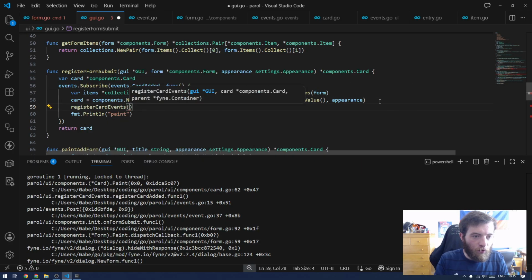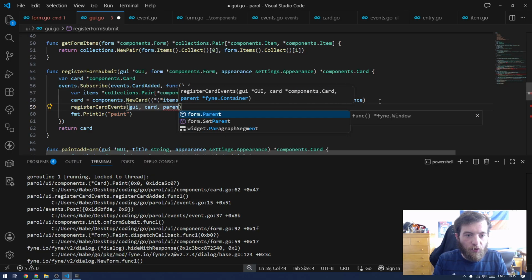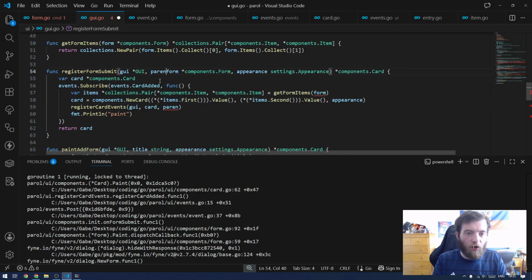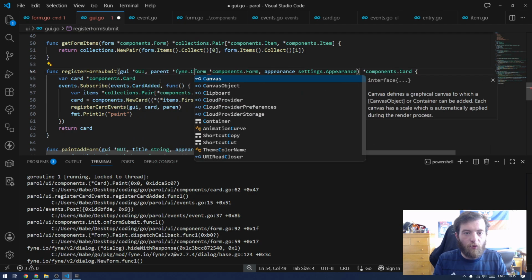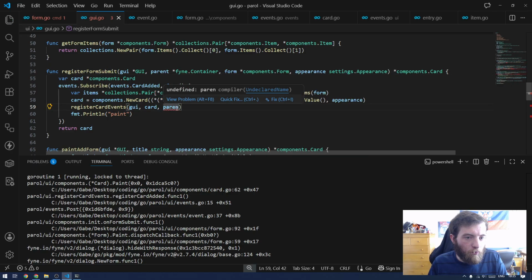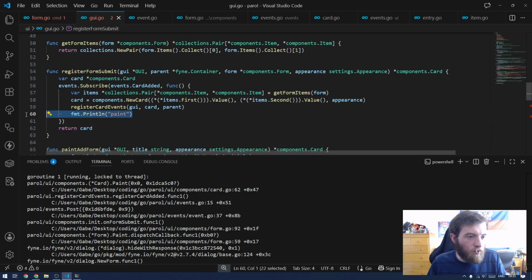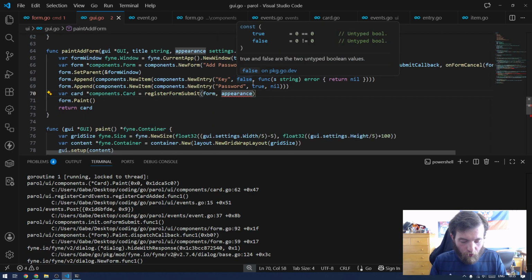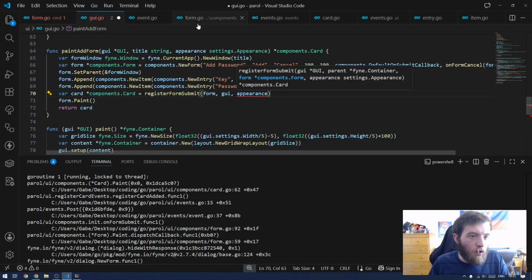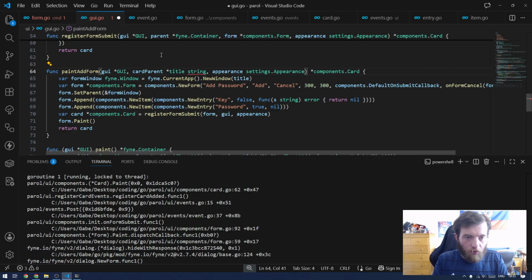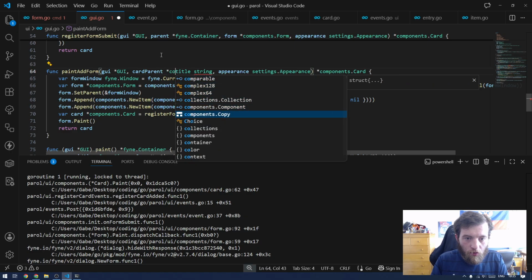Register card events with the GUI card parent. Okay. And we'll say parent, which is a find container. Parent. We need to register card events, and we return the card, which then is our GUI, and our parent, card parent, container,